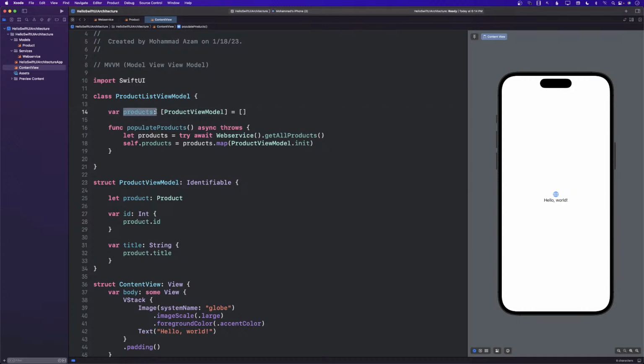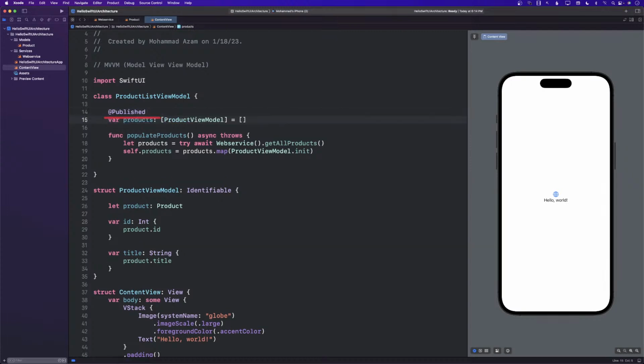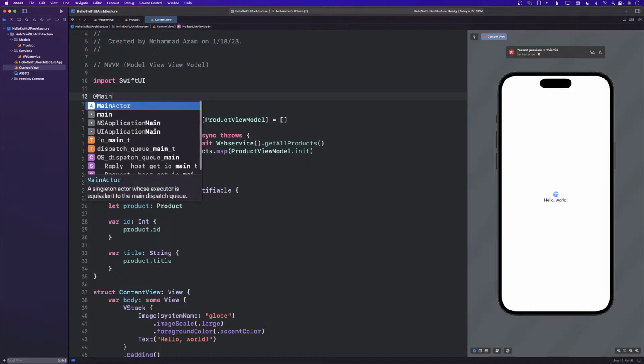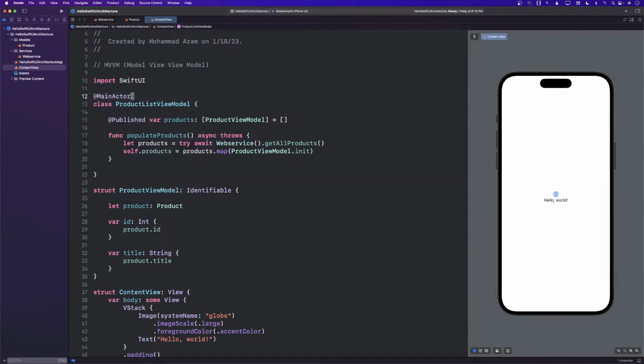Whenever you have this property products that you want to display on the screen, you usually mark it with published so that it publishes an event and tells the view, hey, you need to update yourself. But another thing to keep in mind is that a published property should only be set on the main thread. So we're going to go ahead and wrap this. Hold on a second. Here we go. Here's with main actor. Main actor is associated with concurrency in Swift.